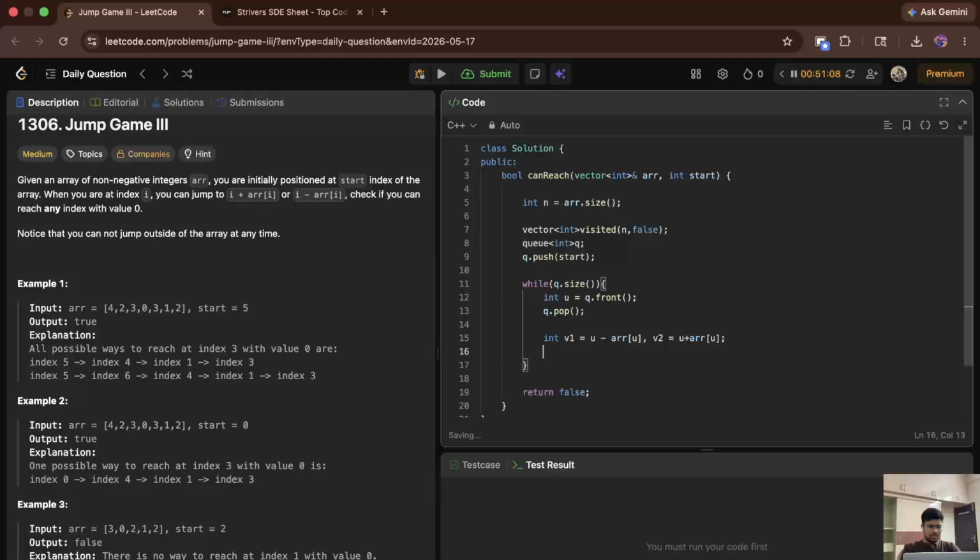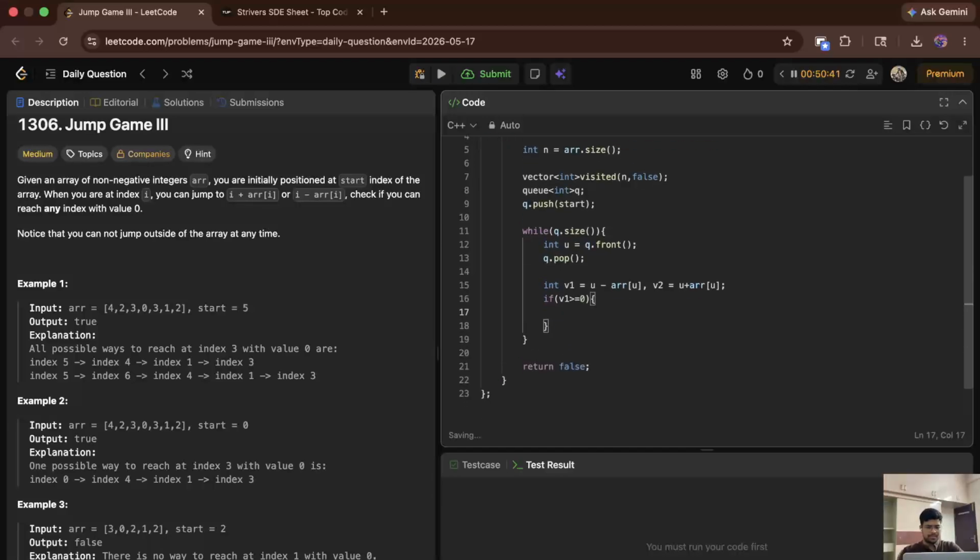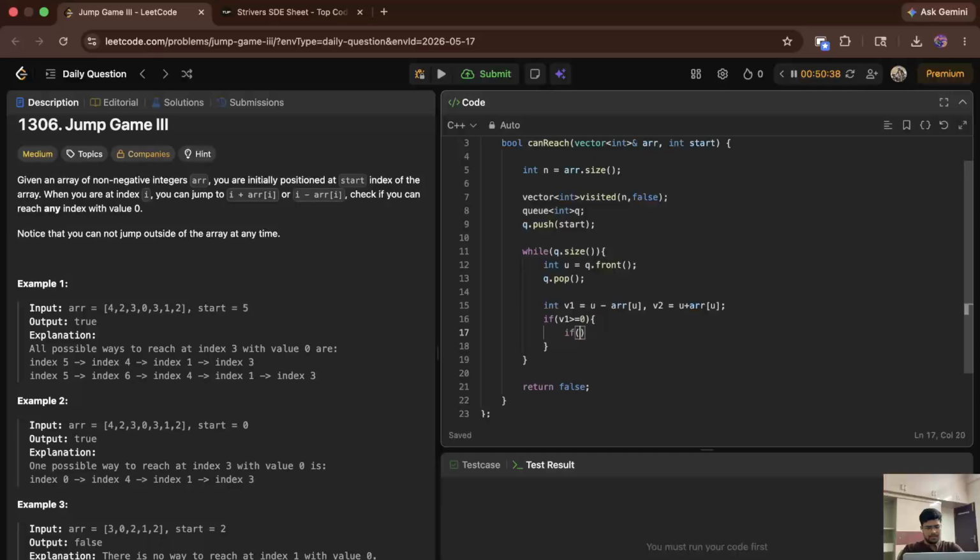Okay, so we have two values. First, we have to check every value is valid or not, because this is negative. We are reducing the value. We have to check the lower part, only one condition, whether it's greater than 0 or not. Okay, I am missing something. Yeah, that's correct. If this is correct, then if ARR v1 equal to 0, I simply return true. If not,